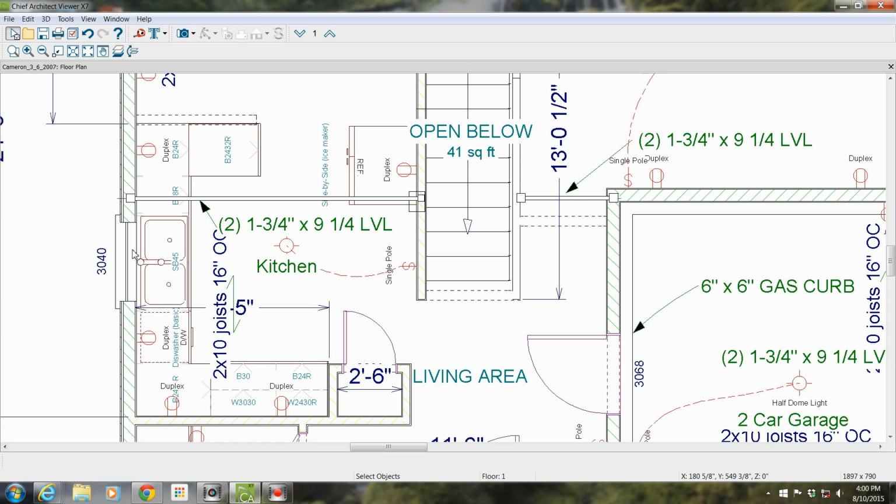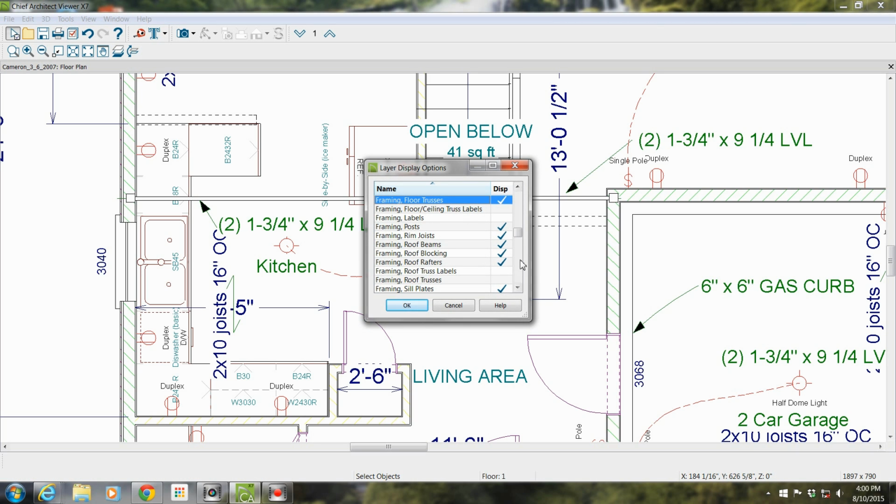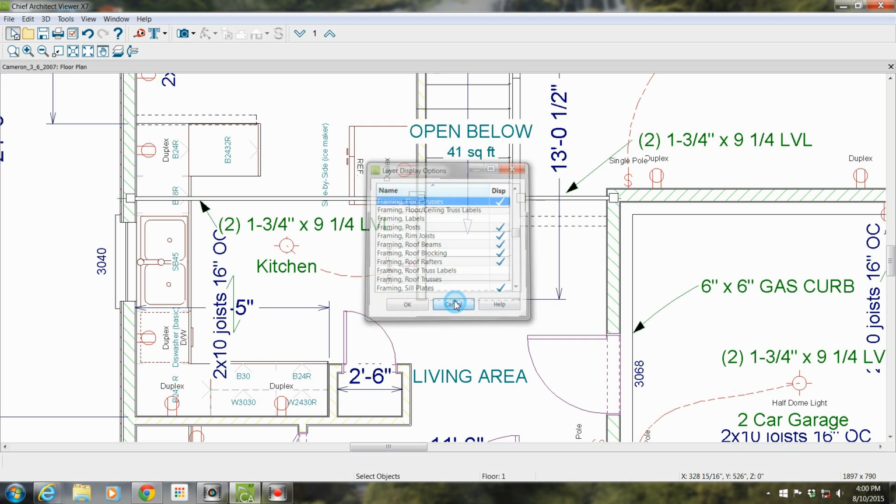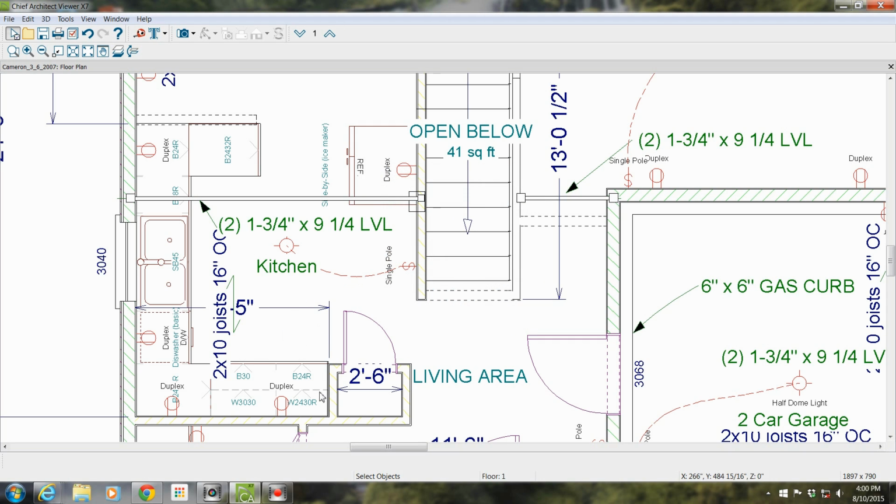Now in the kitchen, it gets a little bit confusing with the cabinets. You really got to kind of look at this stuff. And you've got labels here, 2x10 floor joists, 16-inch on center. That's a note for that. Let me see if I can quickly fix the framing labels, which is off. So that's going to be something else. I'm not going to be able to get rid of that right now. So anyway, here